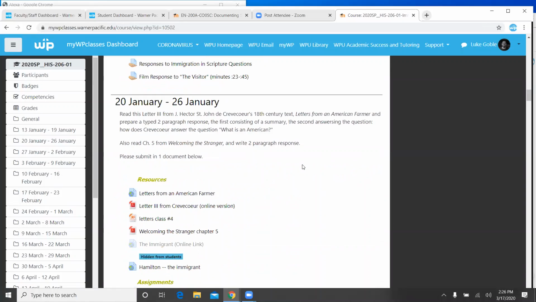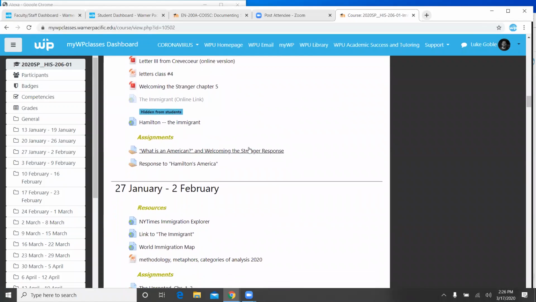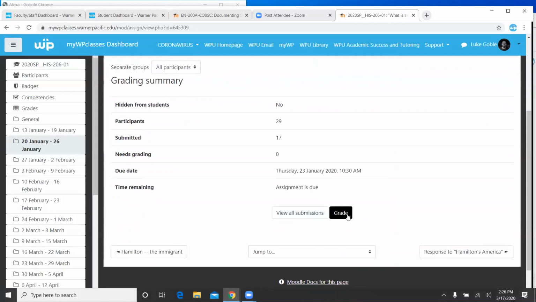For the written assignments, I force them to post documents. For my film response, I have them type directly into the interface because it's faster and it's a shorter response. But for this one, it works better for the grading if I